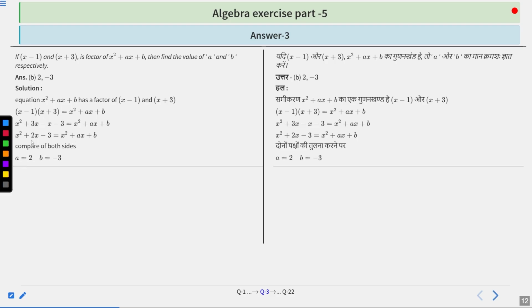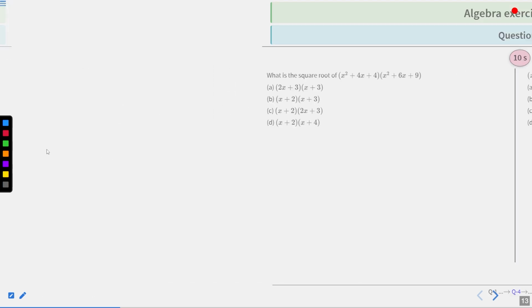Ax was written here and here it was written 2x. Therefore, a is equal to 2 and b is equal to minus 3. So option number B, 2 and minus 3, are the values of a and b, and option B is the correct answer. Next,